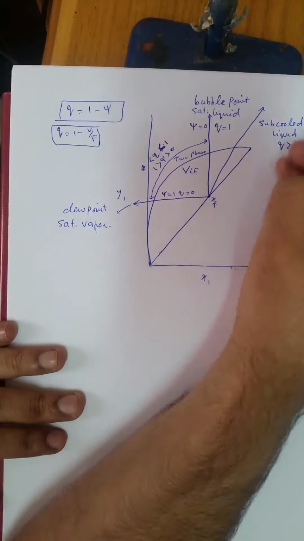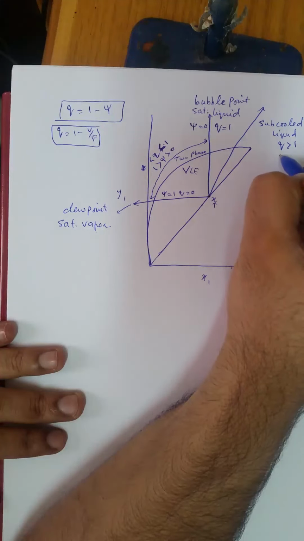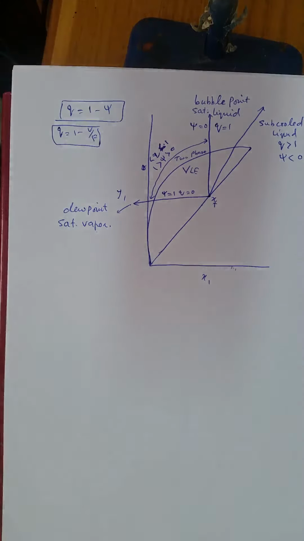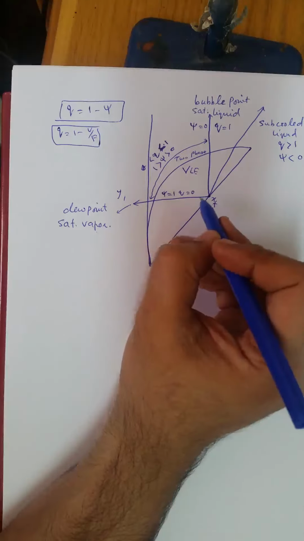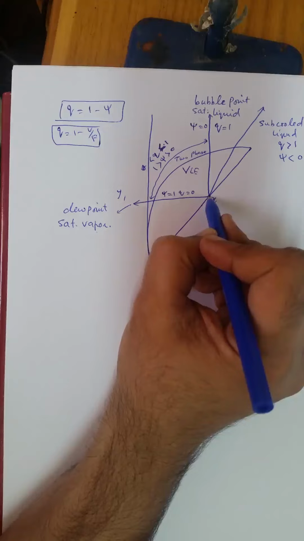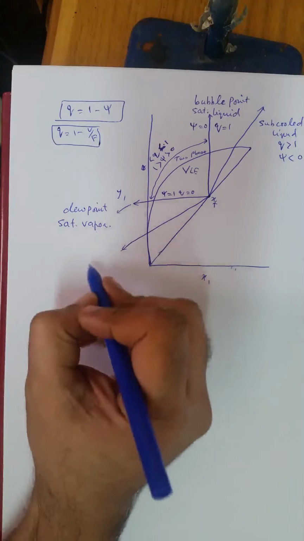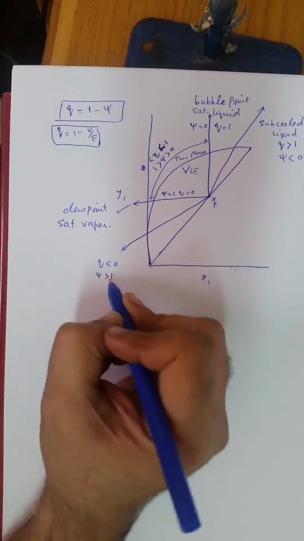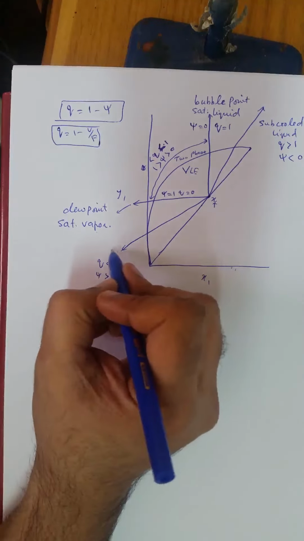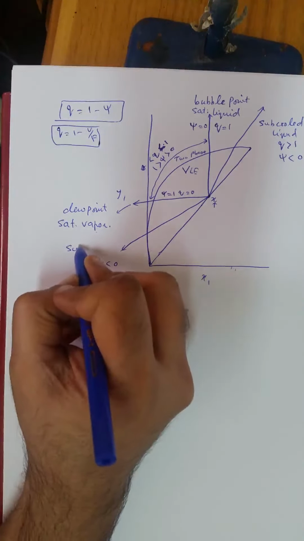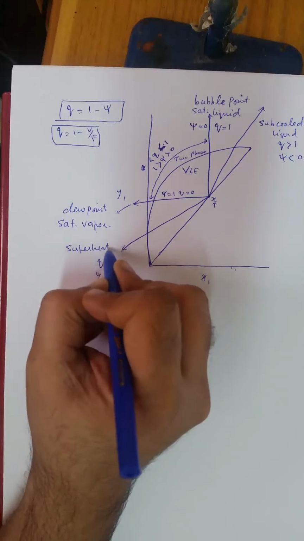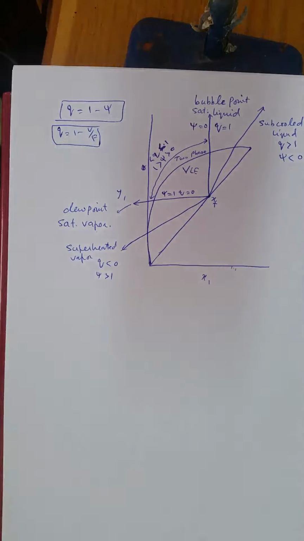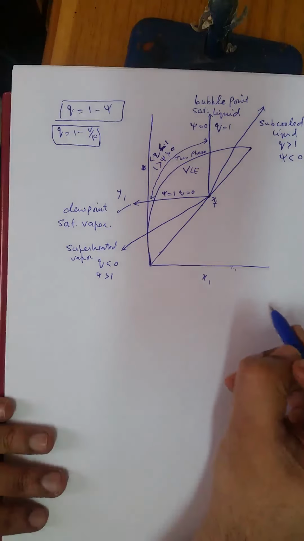It means Q is greater than 1, or psi is less than 0, but we will not talk about psi over there, basically. And similarly we have over here Q is less than 0, or psi is greater than 1. This is called superheated vapor. So the 5 categories,